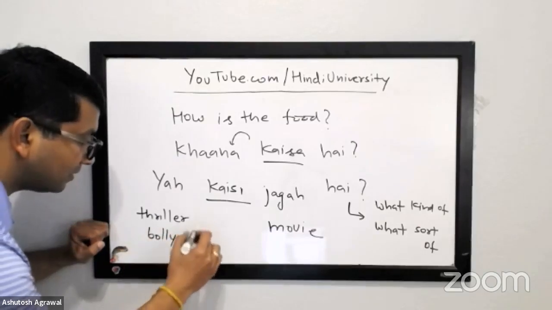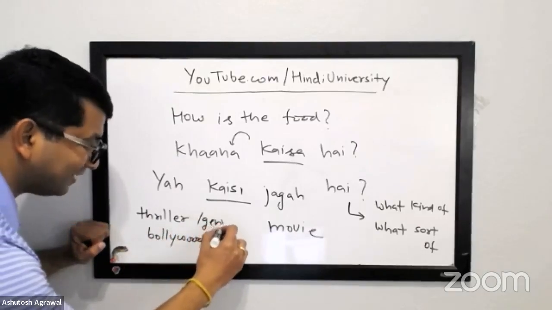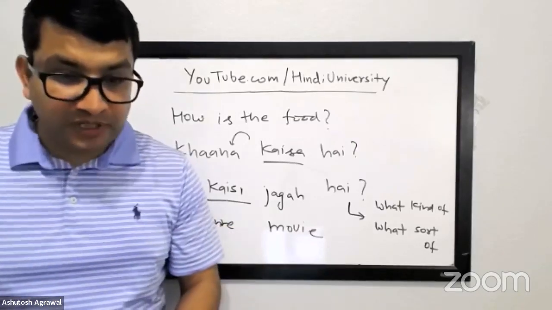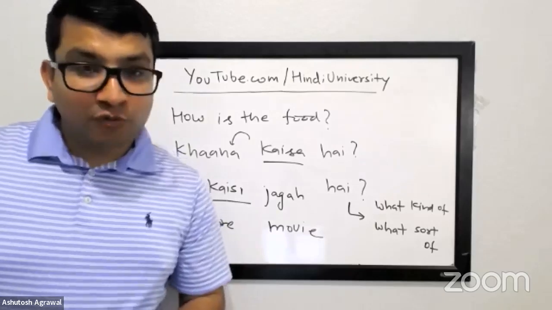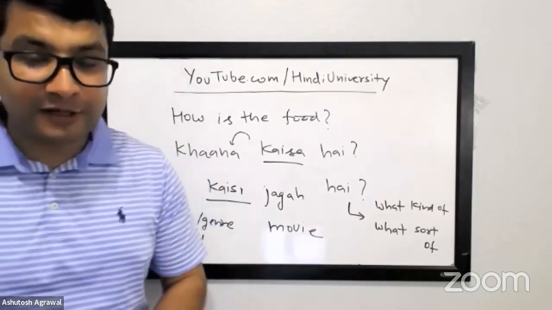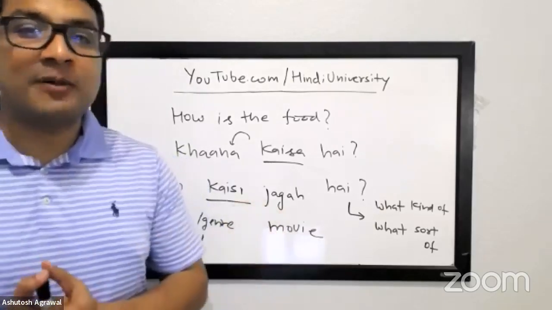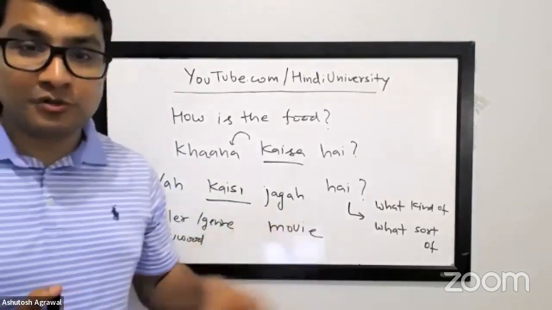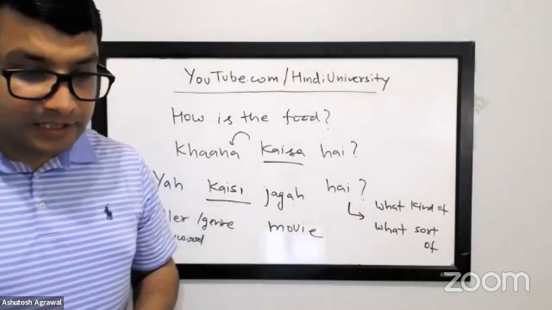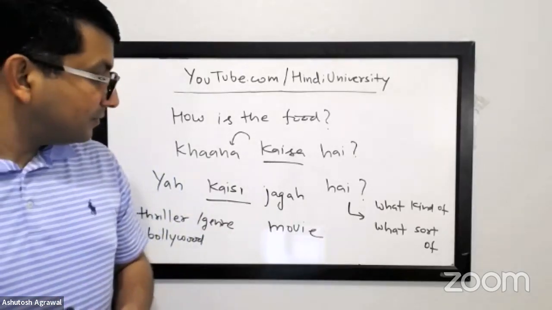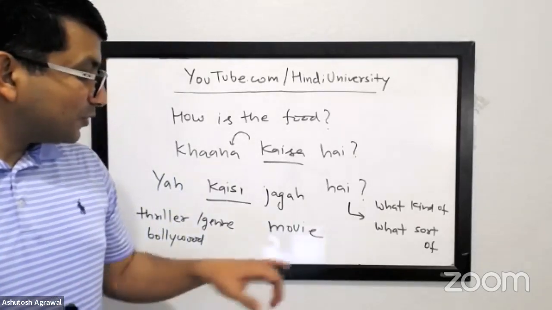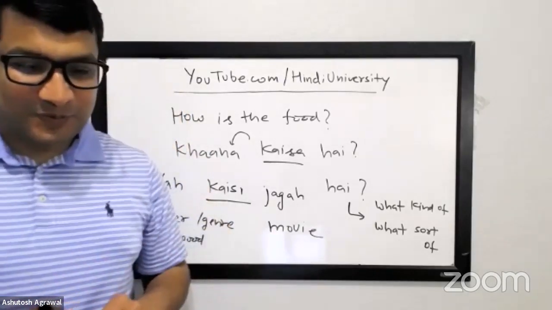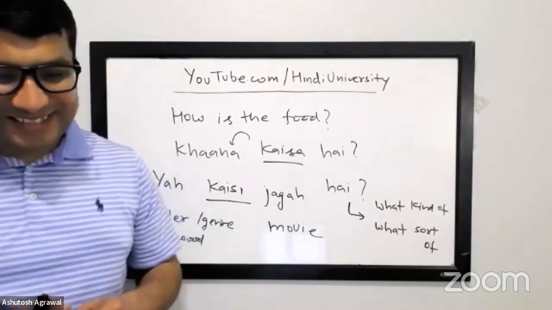ये Hollywood movie है. Yeah, or it could be about the genre of the movie. ये suspense movie है, या एक action movie है, और thriller movie है, और एक family movie, drama है, right? And versus, ठीक है. How is the movie? कैसे movie है? Change the order. Movie कैसी है? Very good. Movie कैसी ठीक है. Thank you.